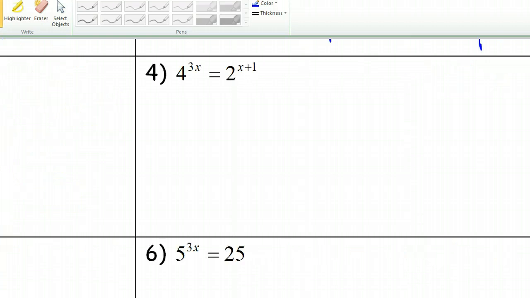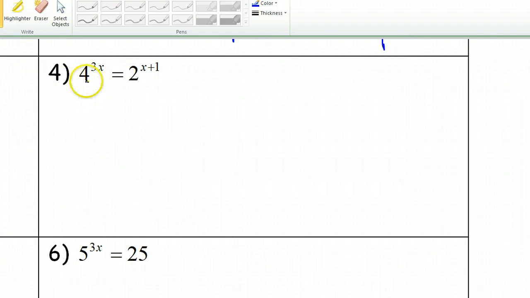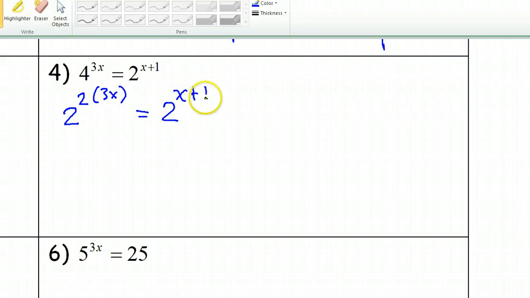Number 4. These can both be written as base 2. 4 can be written as 2 squared. And then I've still got the 3x sitting there. This stays the same, so x plus 1. Now that the bases are the same, the exponents must be the same. So that means